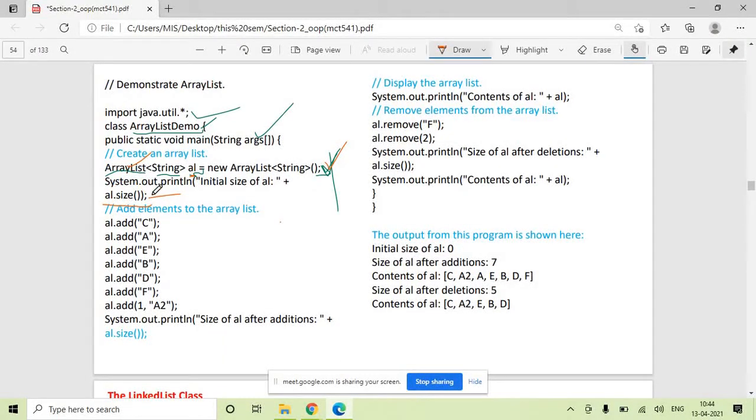So size is a method which is already defined in the ArrayList class. So the output is: ArrayList size is 0. So initially the size is 0. Now you want to insert a few string elements in your ArrayList.